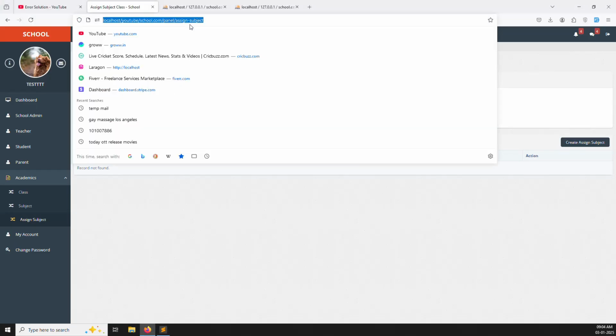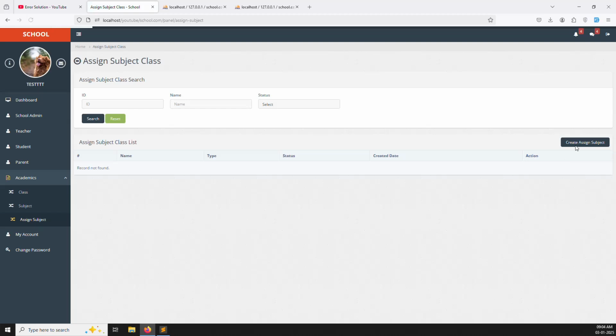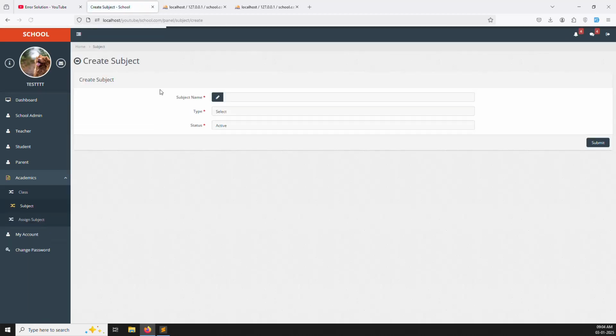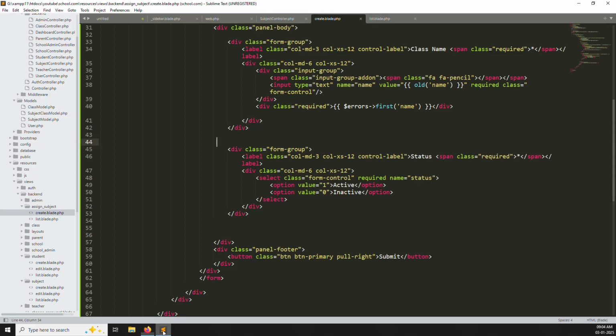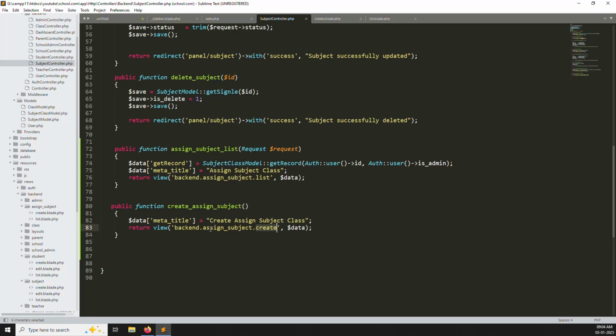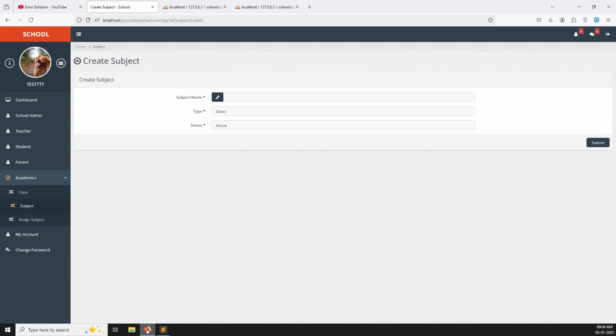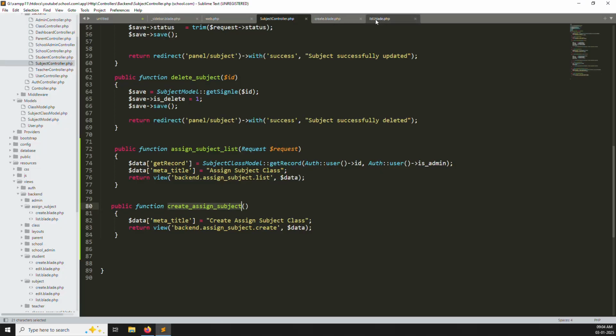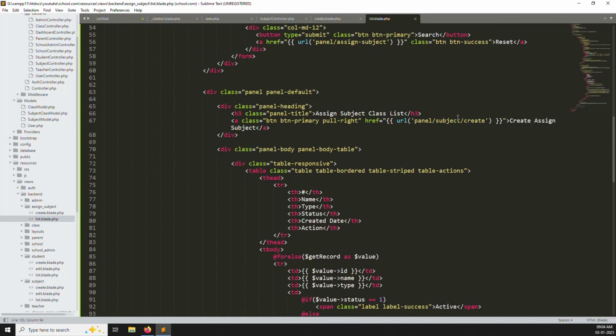We can check if it's working or not working. After that we can decide. Okay, just create class. So it redirects to create subject because we have not changed the name here. I think we have changed the name. So what's the issue? I think the URL is wrong. Yes, because inside the list we have not changed the URL here. Here you can make it like assign